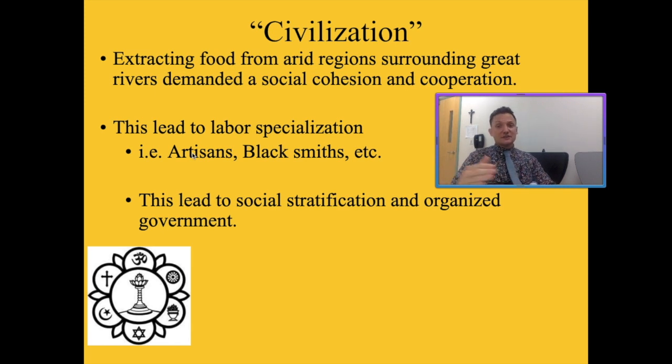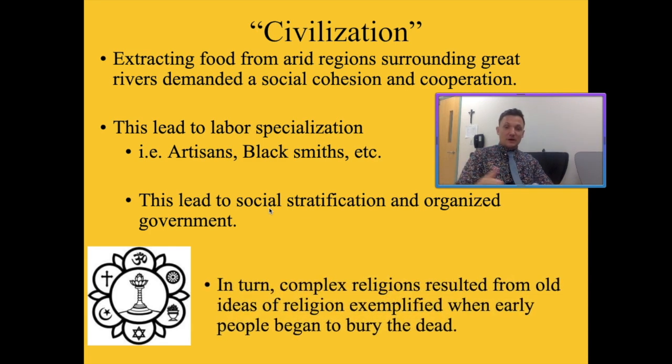So this leads eventually to social stratification and organized governments, right? This cohesion of people. Social stratification being social classes and different hierarchies. Organized government, of course, meaning leaders of a certain area throughout time, known as big men or chiefs, and then moving on to statehoods and kings and pharaohs and other people that we'll get into later on. Now, going forward, somewhere along the line, what also occurred is the origin of complex religion, right? Now, we don't really know what came first, government or religion.